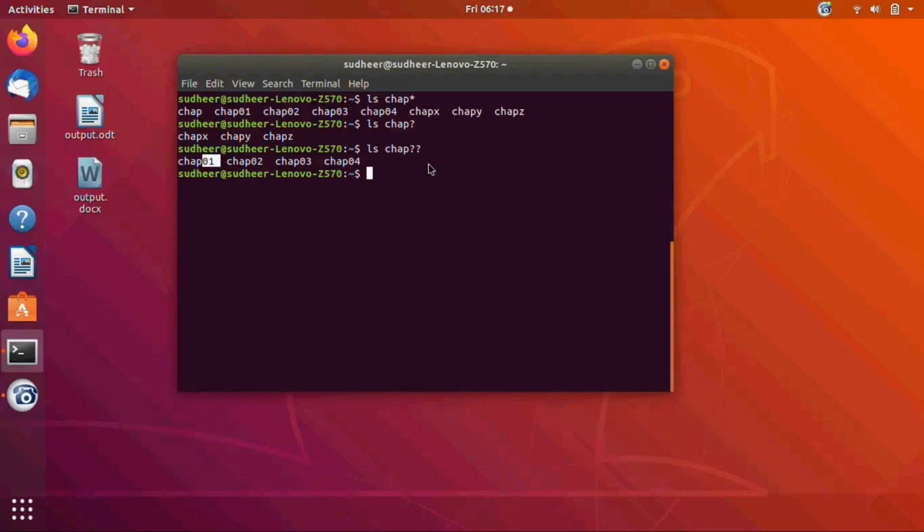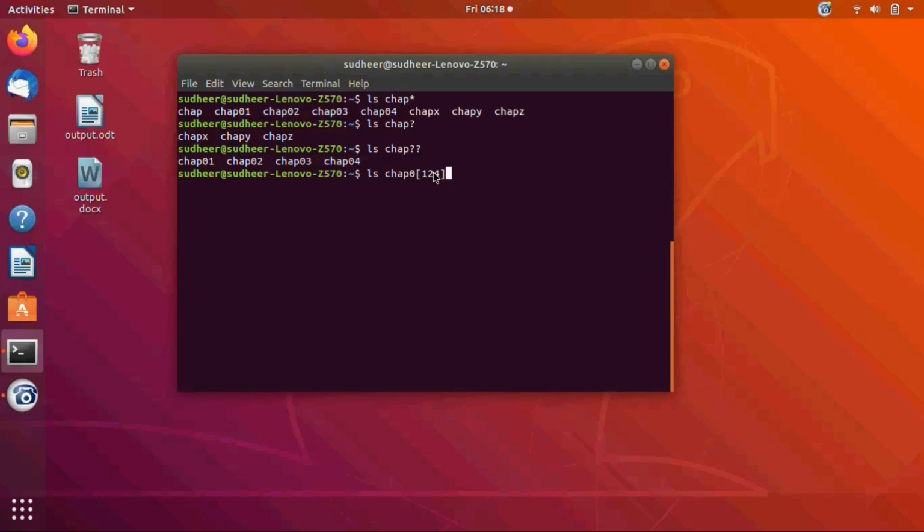Next command: ls chap0, and then a character class containing the characters 1 to 4 within the rectangular brackets. Here I am going to search for the pattern which starts with chap0, and then it considers one character from the character class at a time, like chap01, chap02, chap04.